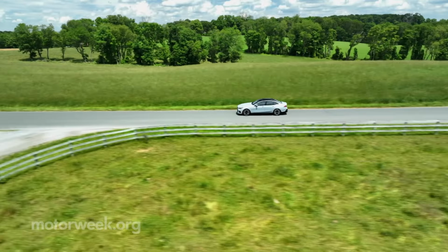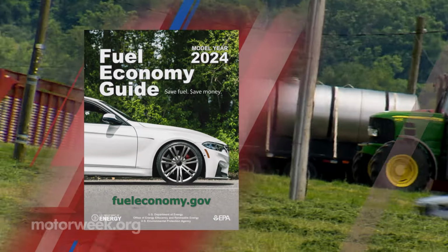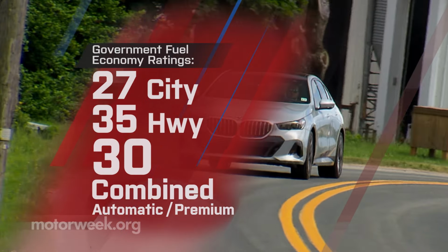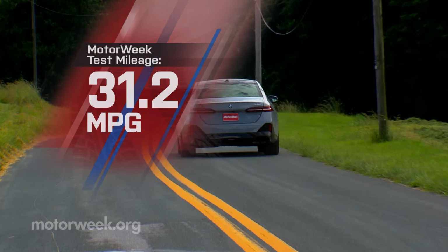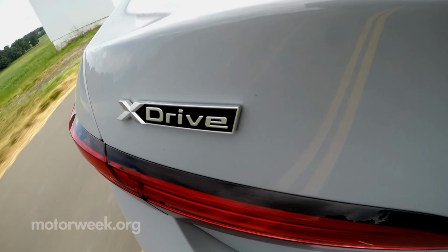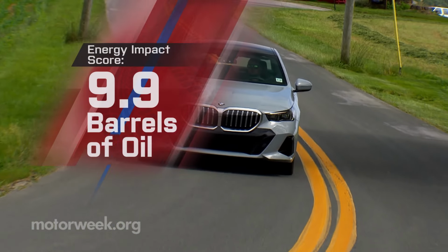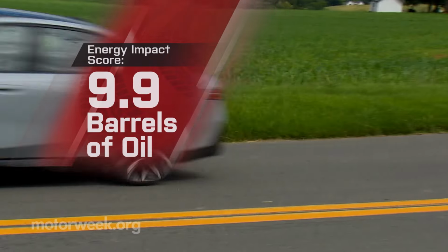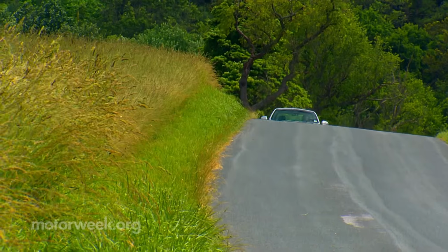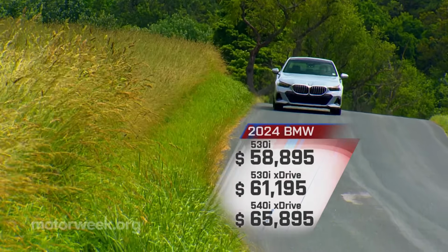No penalty for all-wheel drive, as all 530i's have government fuel economy ratings of 27 city, 35 highway, and 30 combined. We averaged a good 31.2 miles per gallon of premium. That's a slightly better than average energy impact score with use of 9.9 barrels of oil yearly and 4.8 tons of CO2 emissions. Pricing starts with a rear-drive 530i at